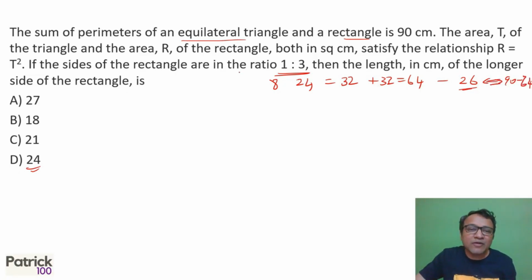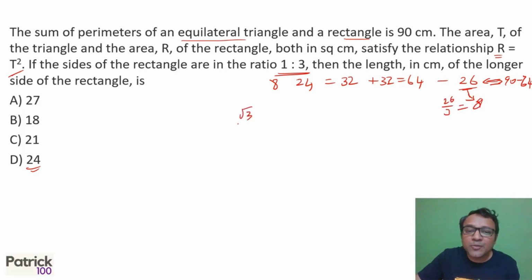But with 26 as the perimeter of a triangle, you will get a fraction as a length. Looks a little problematic purely because the area of a rectangle is the square of the area of the triangle. If the area of the triangle is a fraction, the area of the rectangle also will be a fraction. So that is unlikely, but I'll still go ahead with it just to know whether to go higher or lower. So what will be the side? Side will be around, let's say 9. Okay, 26 upon 3 is 9 side. Or 8 you can take, 8 or 9, 8.66.